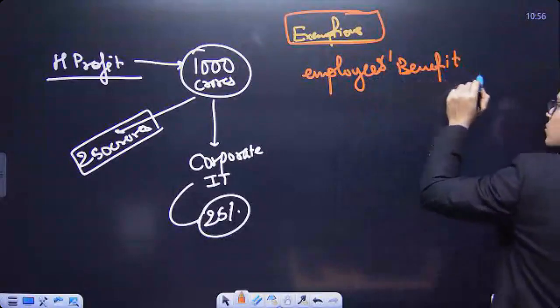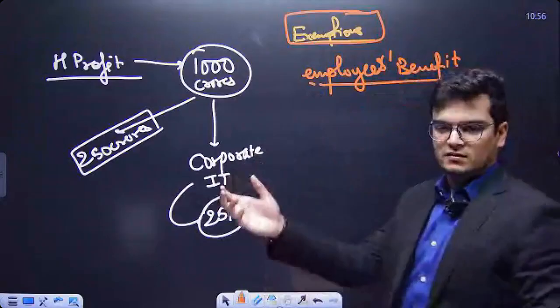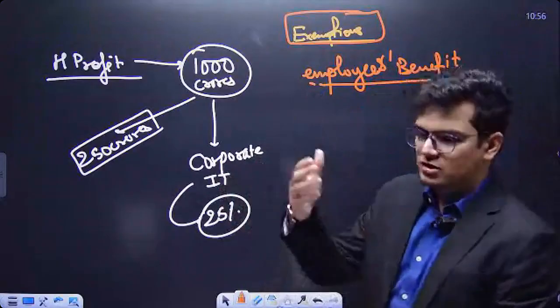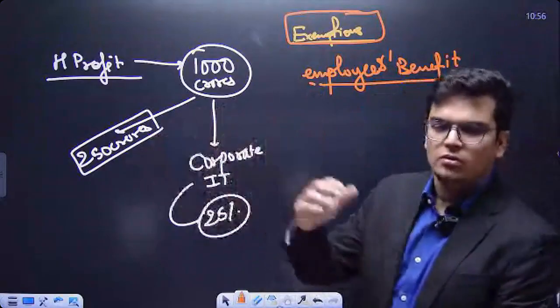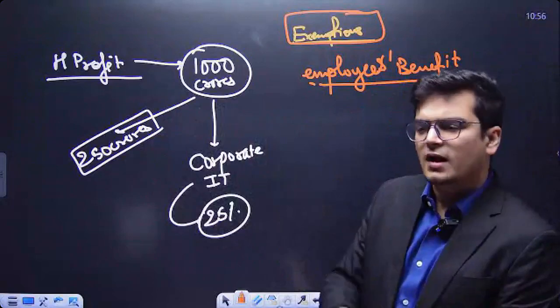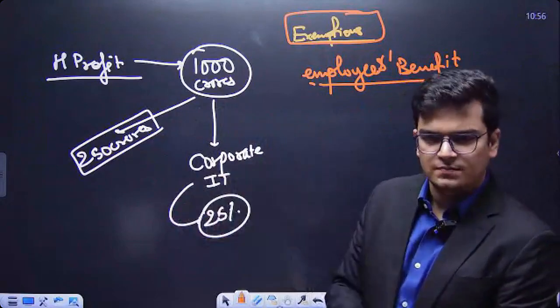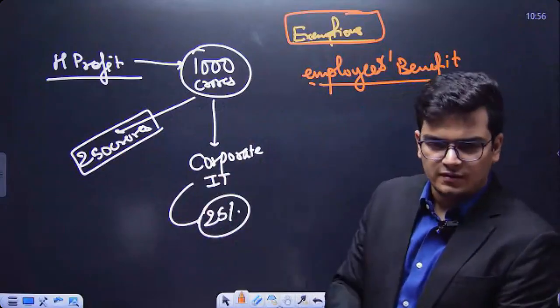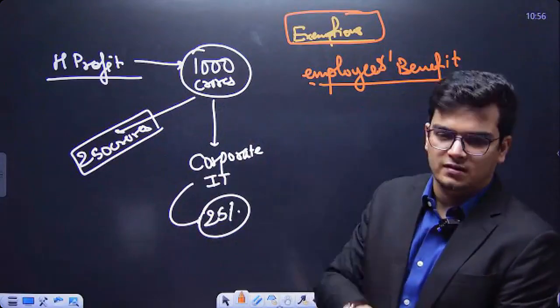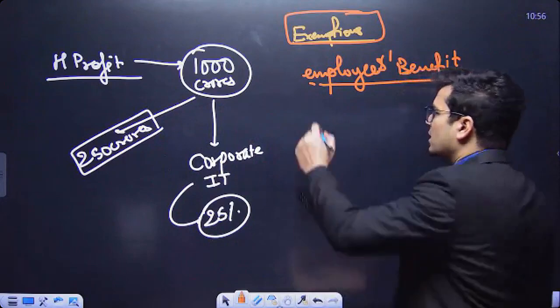Haldiram says that we are opening a crèche in our offices for females who have children with them. They can come to the office regularly, and for their children we have crèches. We are opening a gym in our office so that our employees are more fit, right? On investments,